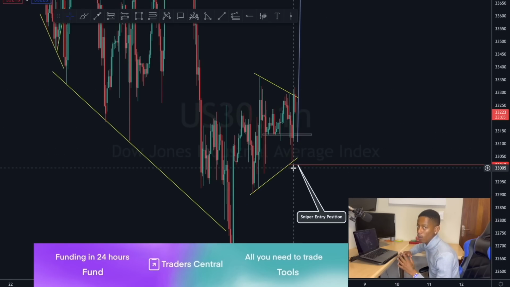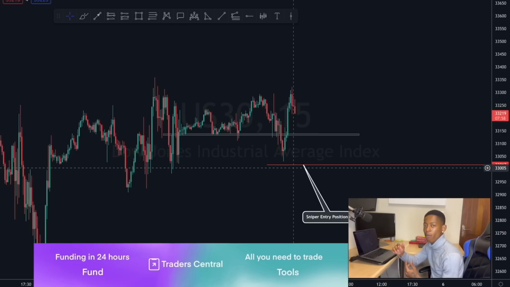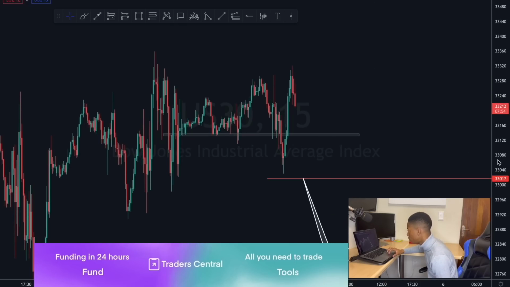So that's how I enter. I wait for my third touch. Once you get to the third touch, I should be looking for entries. Then I go to the 15 minute. That's what I'm comfortable with. When I go on the 15 minute, I'm going to look for a candlestick confirmation. And you can see with this beautiful candlestick right here,